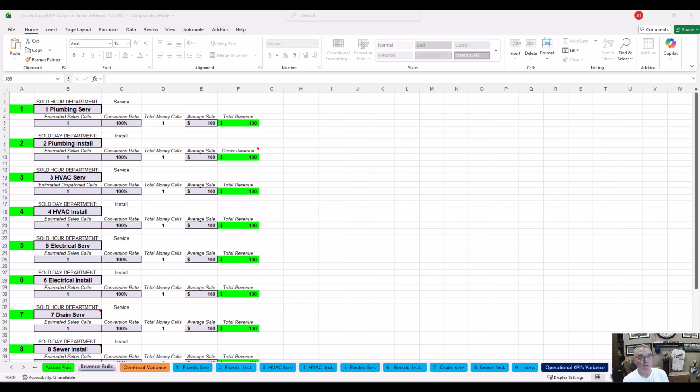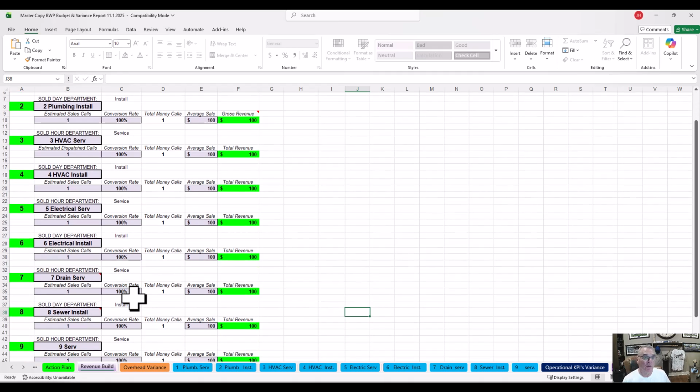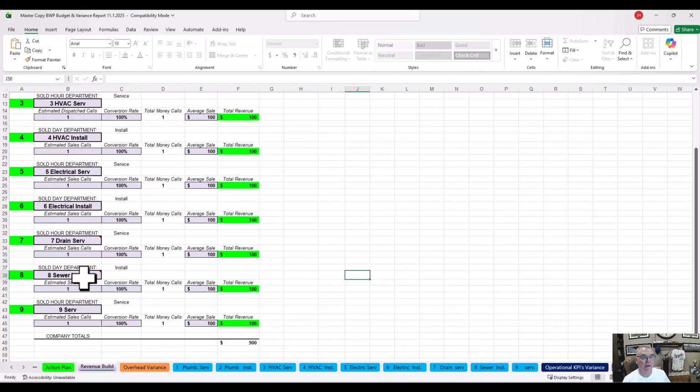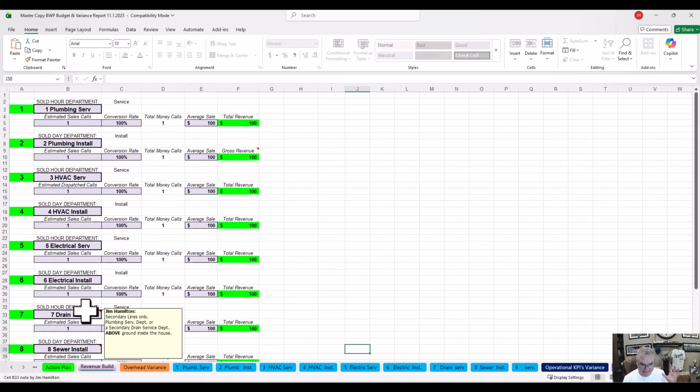All right, guys, here's the revenue build tab right here. It's got each one of the departments: plumbing service, plumbing install, HVAC service, HVAC install, electrical service, electrical install, drain service, and sewer install, and then service, if you got another name for it. I don't think any of you had 9 departments, but I'm throwing them all out there because I'm covering 9 departments on this. So this is just a quick